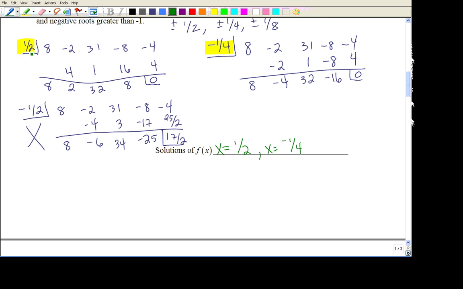We have either divided out this factor or we've used synthetic substitution to see if it was 0 to determine if this was a root of our polynomial. Either of those things you can get from this synthetic chart here. So I'm going to say that we took out the x minus 1/2. And when we factored out x minus 1/2, we were left with